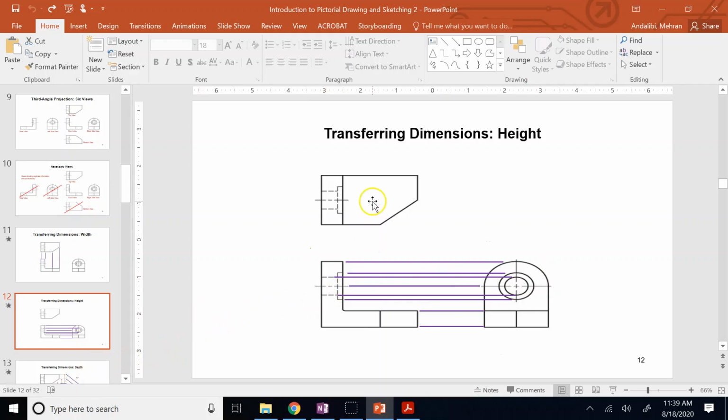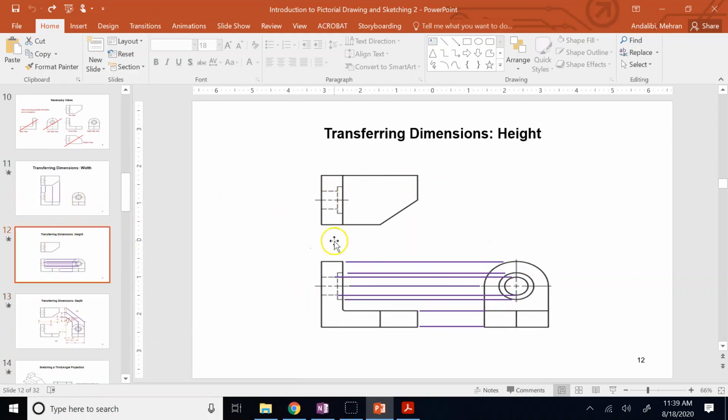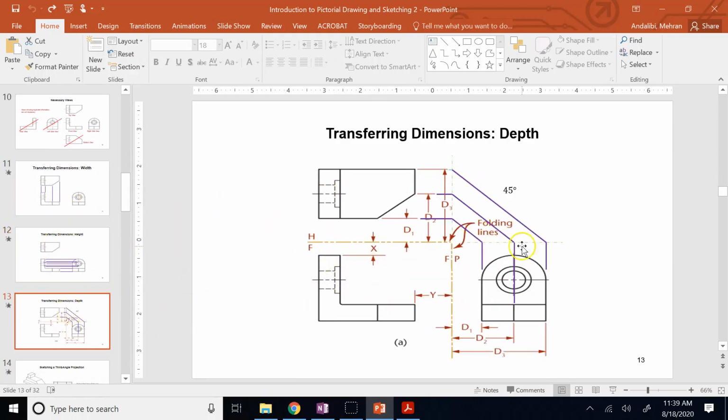You can even go from the top view to the right view or vice versa, but this time you cannot just use vertical lines or horizontal lines. You have to use a combination. So you have to go vertically, then at a 45-degree angle, then horizontally. Okay, for example,